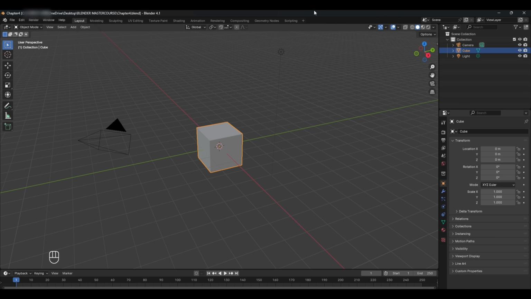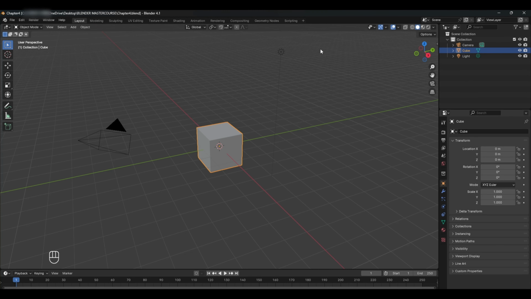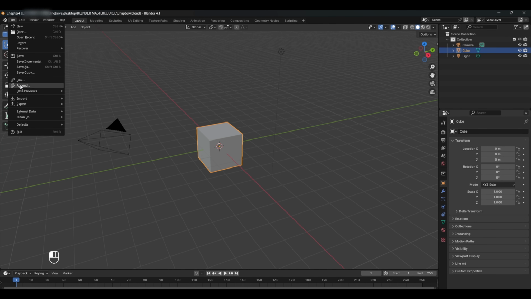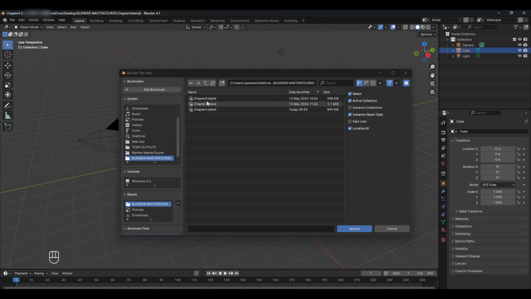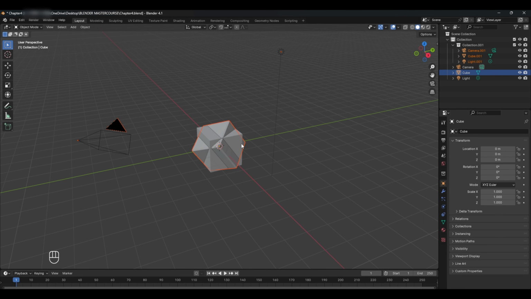And also we will try one example of append right now. Suppose we want to add this cube that we created in our previous chapter into this file. To do that, we have to go to File and press Append here. Then you need to select the file where it was saved. For example, I click chapter number 2 and Append, and now I will click on Collection since it contains basically all the objects that were in your 3D viewport, and it will add this cube here in the 3D viewport